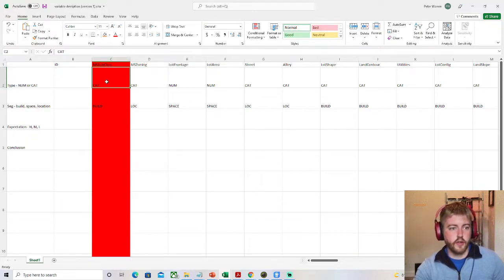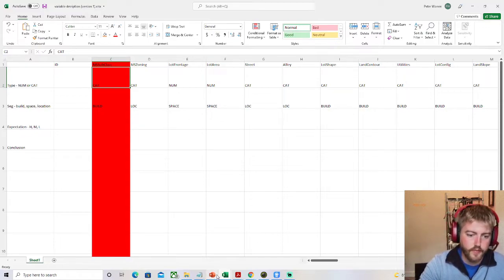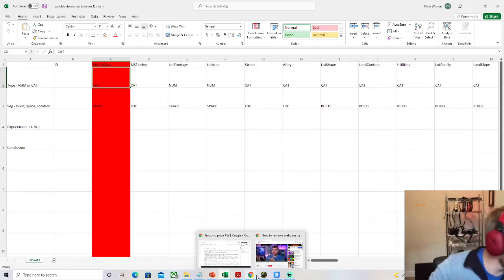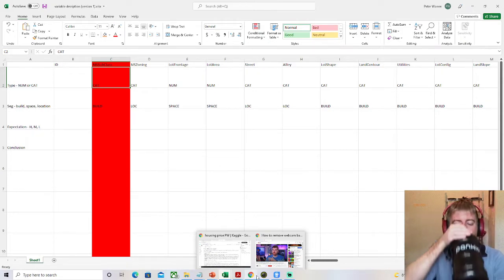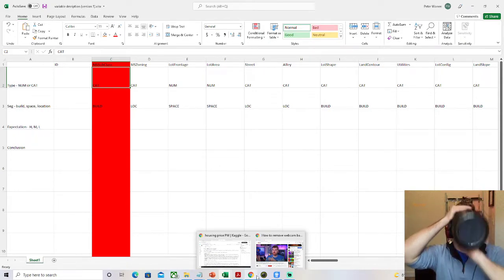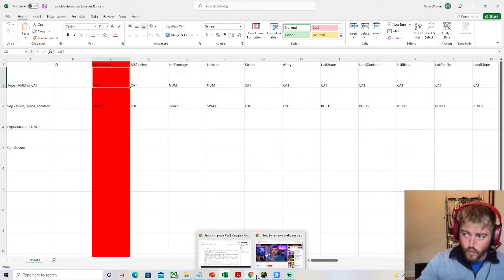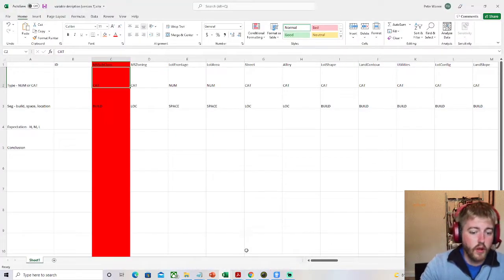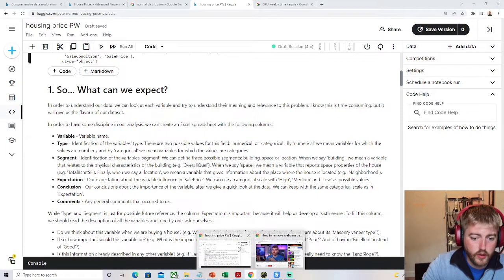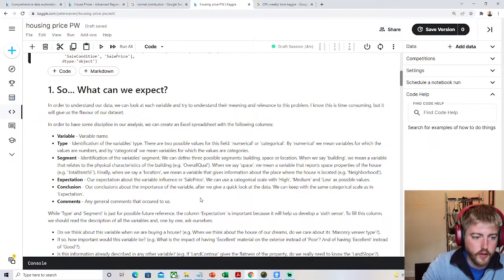And then it goes through, and red indicates whether you think it's important or not. Let's go back to the code. Go back to the code real quick. Boom. Get that out of here. Type, is it numerical or category? And then segment it. Now here he's talking about,